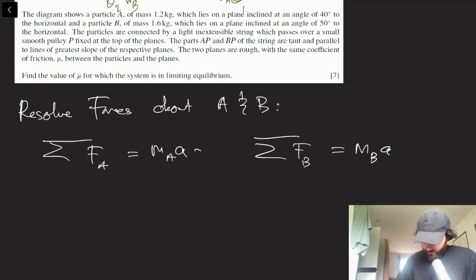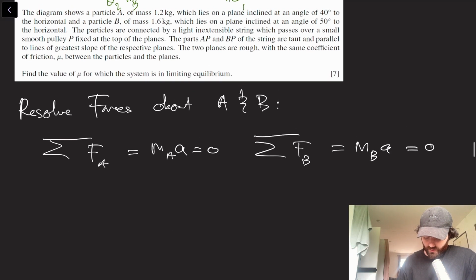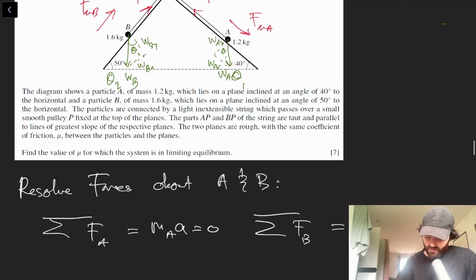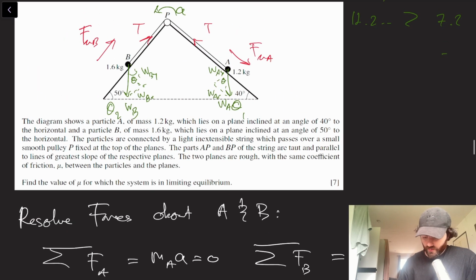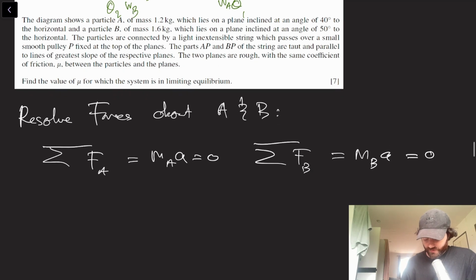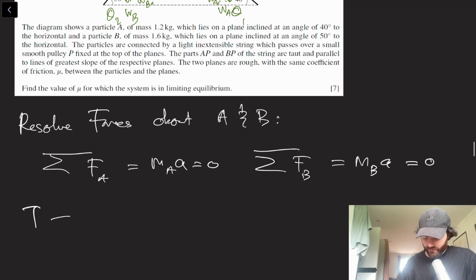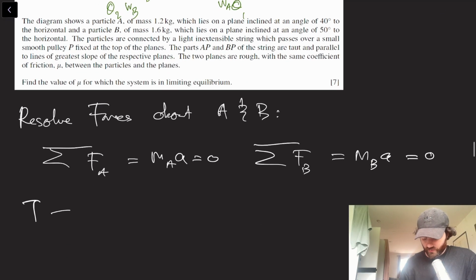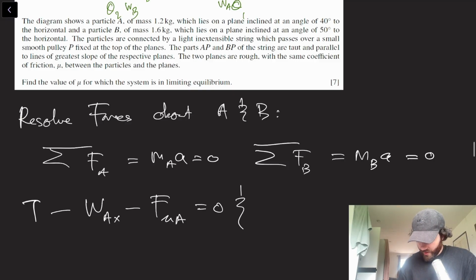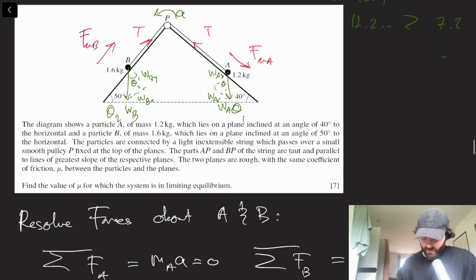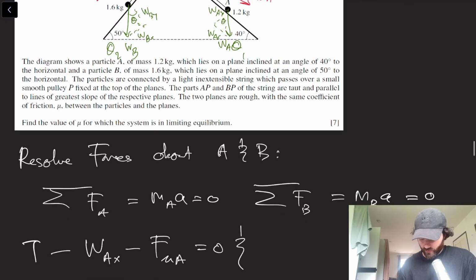And so this equals 0 because it's at limiting equilibrium, so it's not accelerating. Okay, so what are these forces? Well, for A, we have the tension force is positive, acting up, minus these two things acting down, the frictional force and the weight W acting down the slope. So WAX minus the frictional force of A equals 0. And we also have for B, in this case, we have the weight BX is acting down